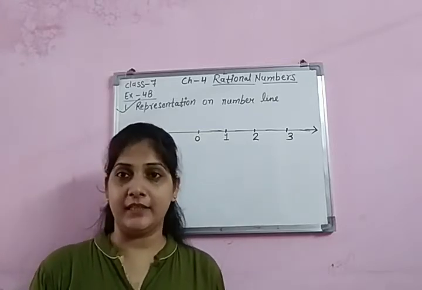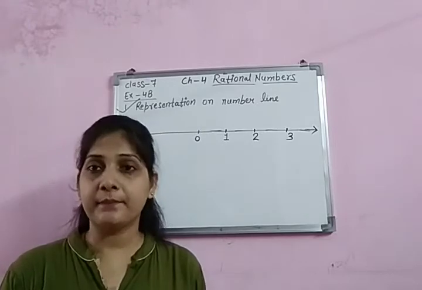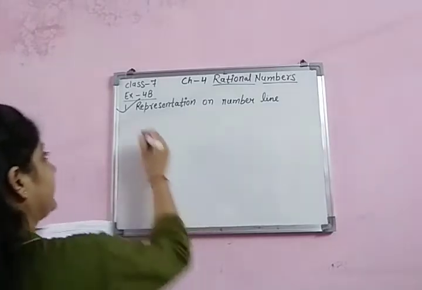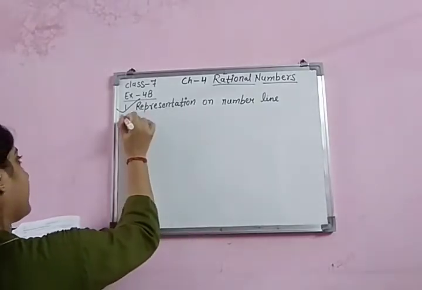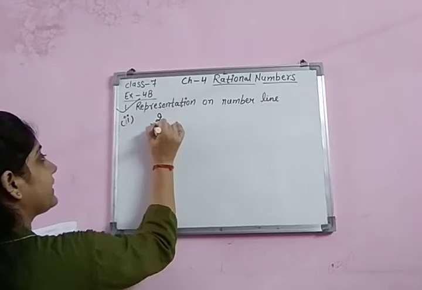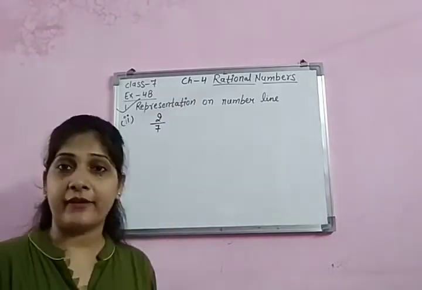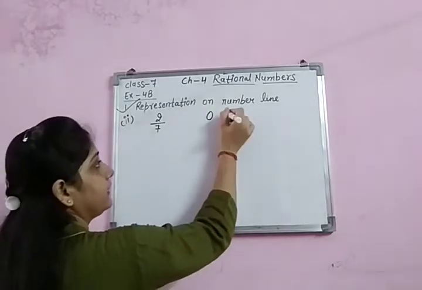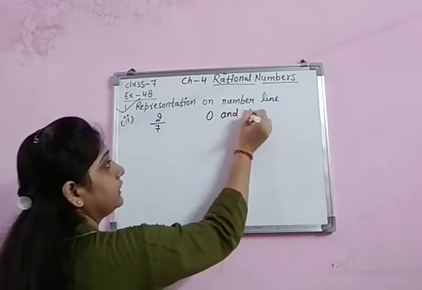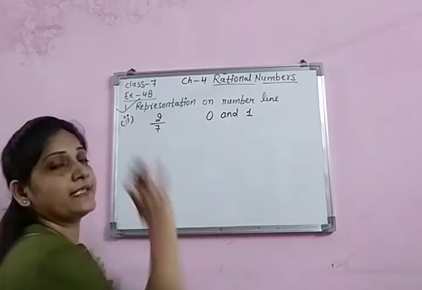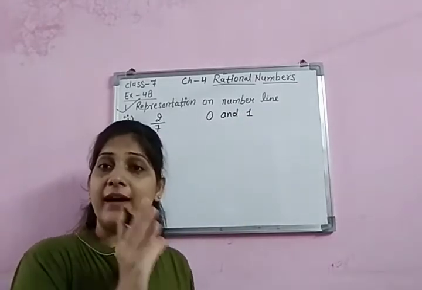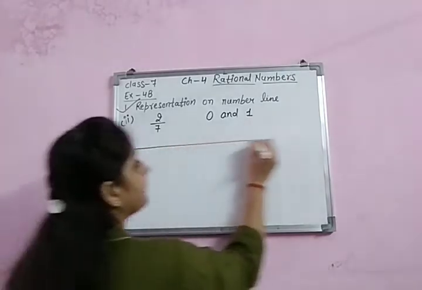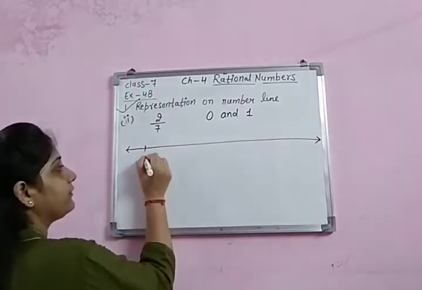So first I am telling you the second part, which is a proper rational number. Okay, look at it very carefully. The second part of question number 1, it is 2 by 7. Everyone knows it is proper fraction. Proper fraction always lies between 0 and 1. Do you know the value when you divide 2 by 7, it is 0 point something. So the value is greater than 0 but less than 1. So it shows that the number line which we have to make, it will be between 0 and 1.